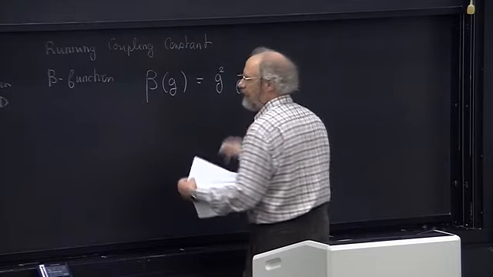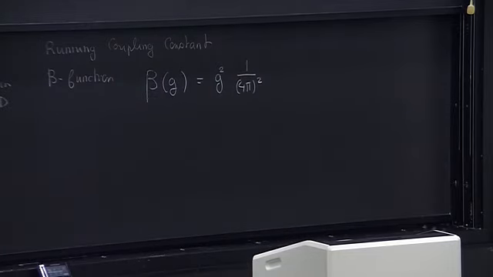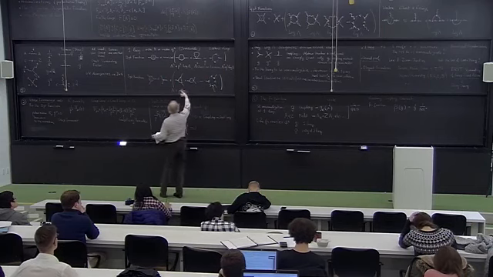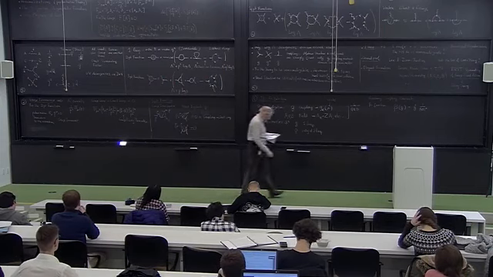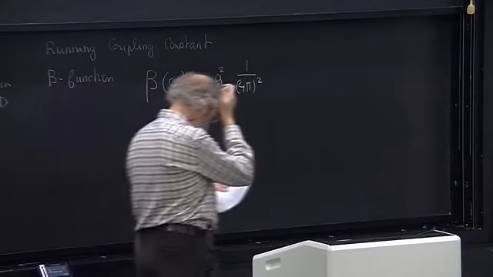That's the usual coefficient that comes from integrating over a one loop diagram. But then you have a lot of coefficients that come from the group symmetry. And the final result is that